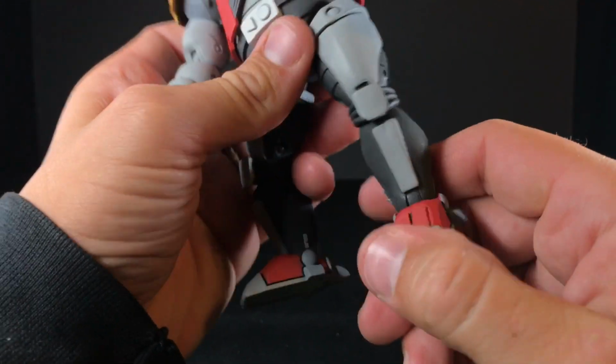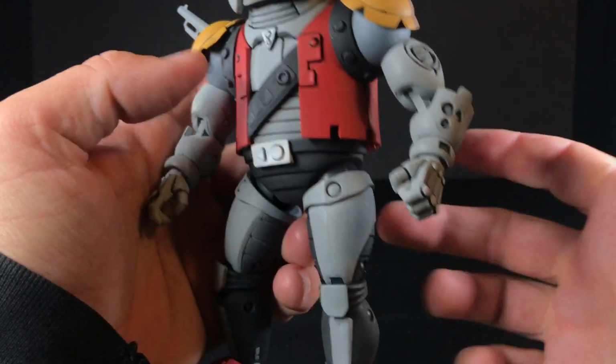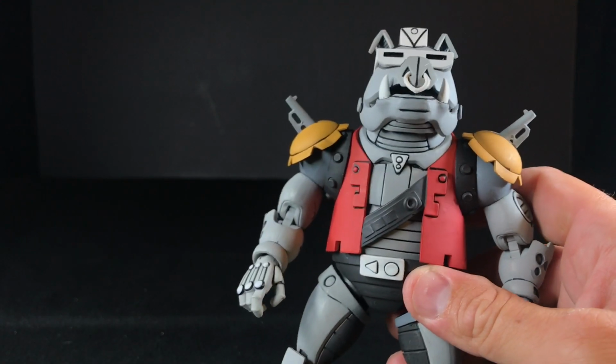You have a hinge at the ankle, and you have ankle rockers. So, all pretty good articulation, all stuff you would want for this guy to get him into some nice action poses. And let's quickly move over to...